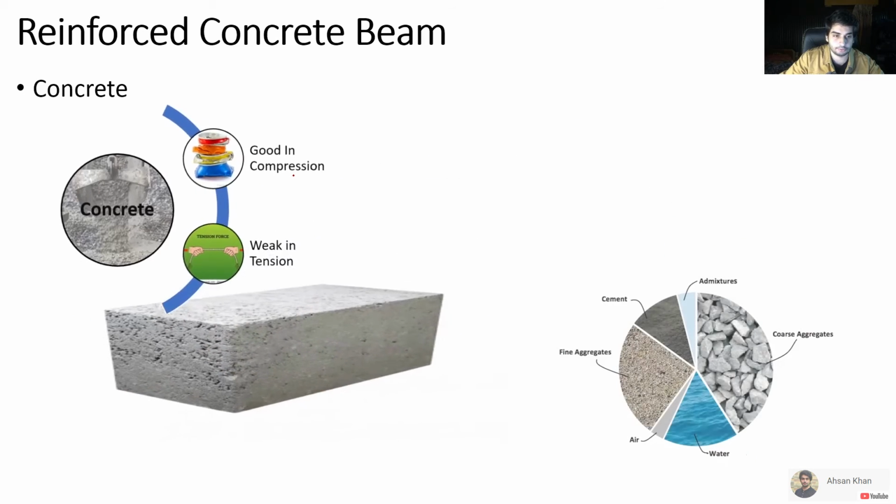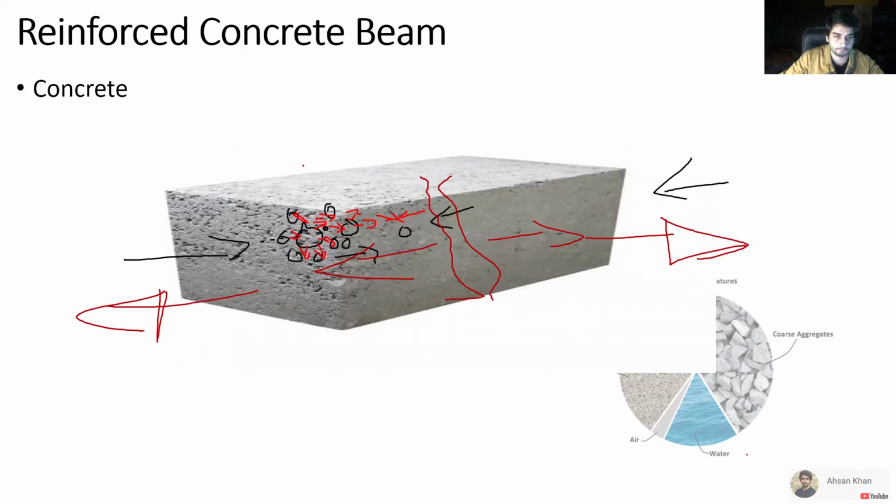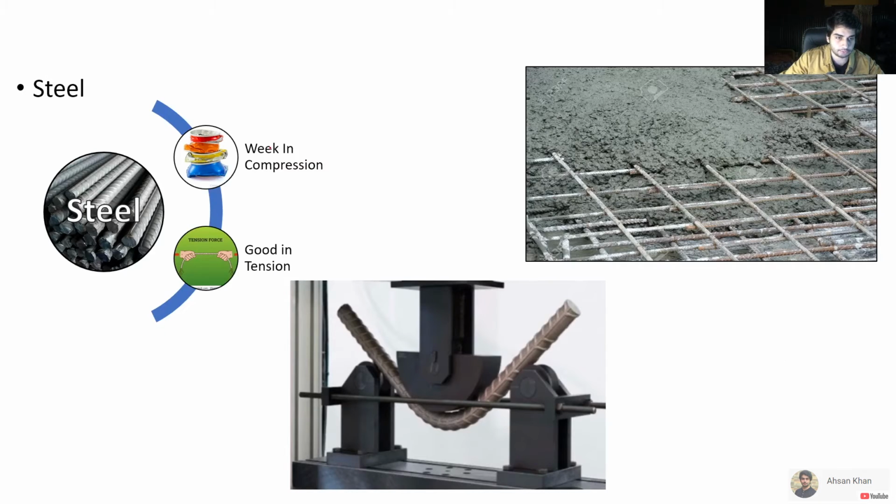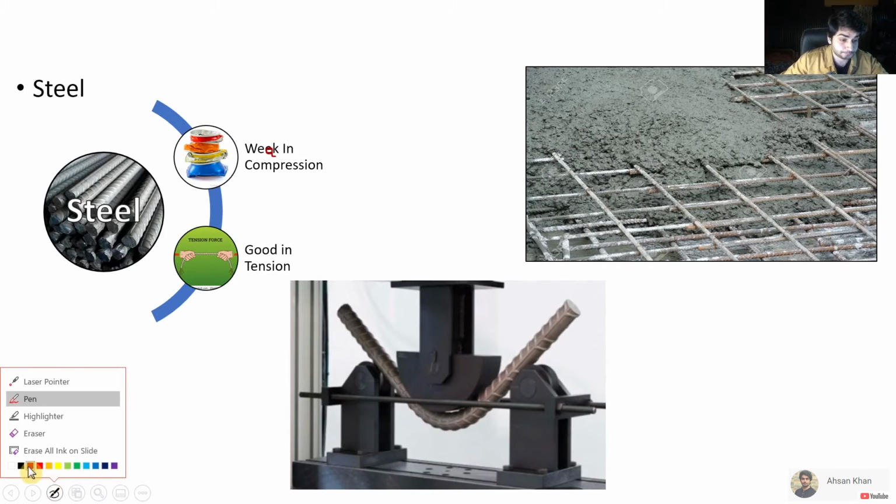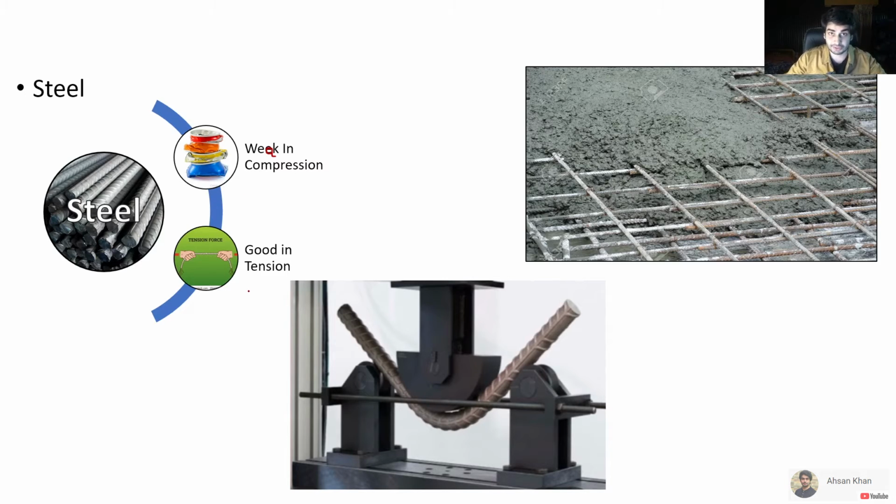Okay, and I think there's one thing that I need to correct. The correction needs to be done for weak. Sorry. Steel is weak in compression and good in tension. So you can see that